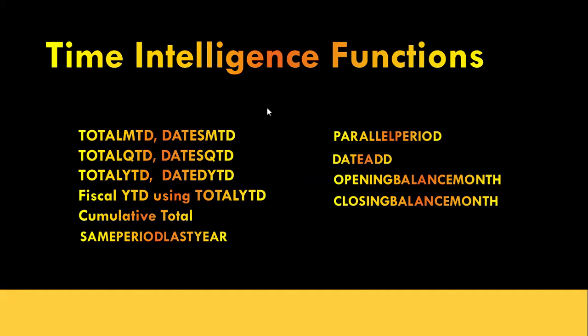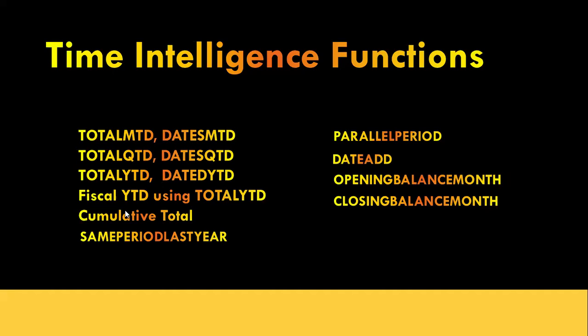These are the time intelligence related functions: TOTALMTD, TOTALQTD, TOTALYTD, and DATESMTD, DATESQTD, DATESYTD. The DATESMTD, DATESQTD, DATESYTD functions are alternatives to your TOTALMTD, TOTALQTD, TOTALYTD. And you can also create a fiscal year to date using TOTALYTD itself. Plus cumulative total, same period last year, parallel period, and opening balance